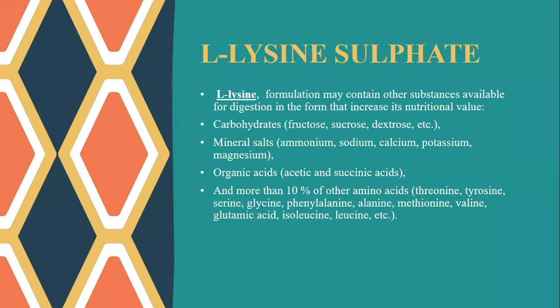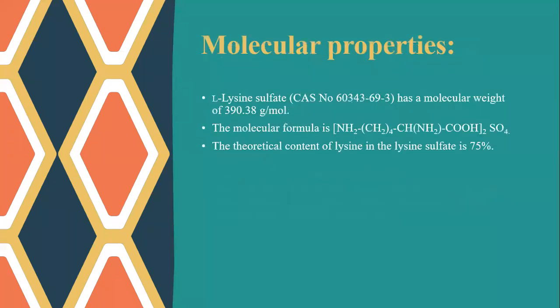So here are some components which are used in lysine sulfate, which is very beneficial for the human body. First one is carbohydrate, which contains fructose, dextrose, sucrose. Another is mineral salts, which have ammonium, sodium, calcium, potassium, magnesium. Other organic acids are acetic and succinic acid. Other amino acids are threonine, tyrosine, serine, glycine, and so on, which are used in lysine sulfate and are very beneficial for the human body